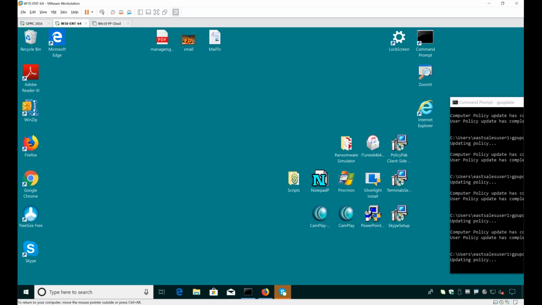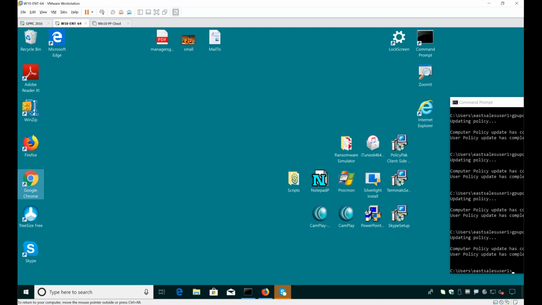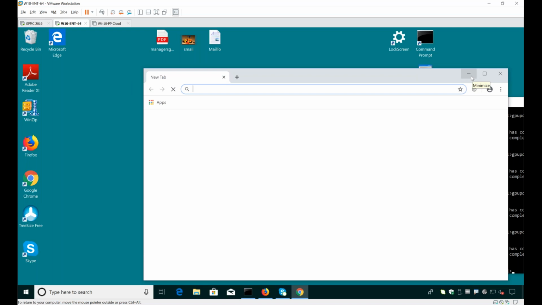Either you bake it into the image, or you deploy using SCCM, or you're deploying using Citrix or some sanctioned method. And this is junk off the internet. You have no idea what its provenance is, okay? So by way of example, if I go ahead and double click Chrome, that's going to work out just fine. It launches and we're good.